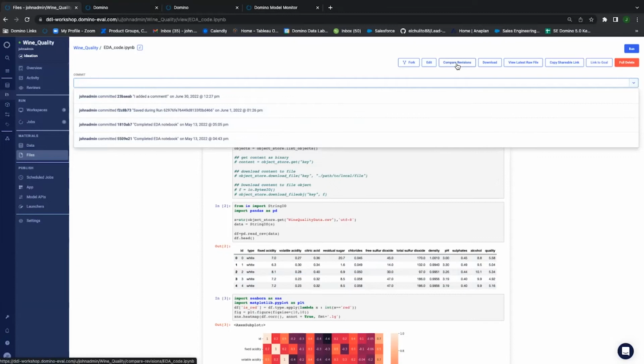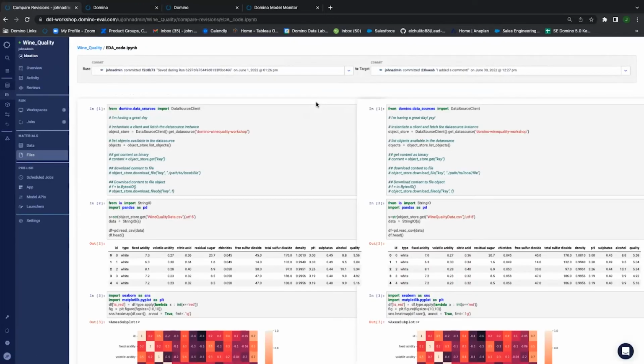If I want to, I can make comparisons between the same file and a different version that was committed, to see, for example, what changes were made. If you're working with collaborators, all collaborators will be able to see these changes inside the project itself, and you can always revert back to a previous version-controlled file if you see there are mistakes that should never have been made, specifically by certain collaborators, if possible.